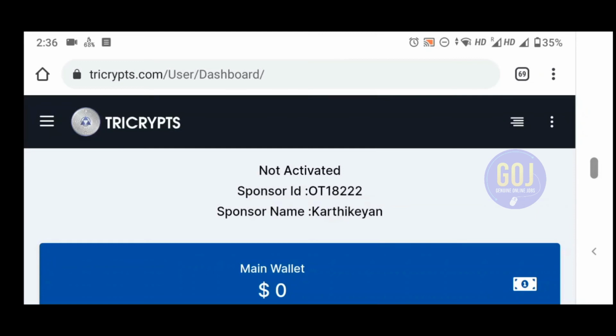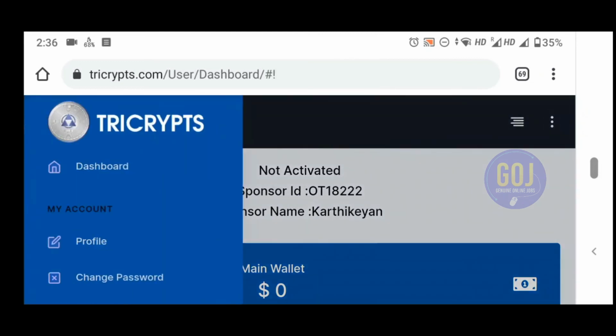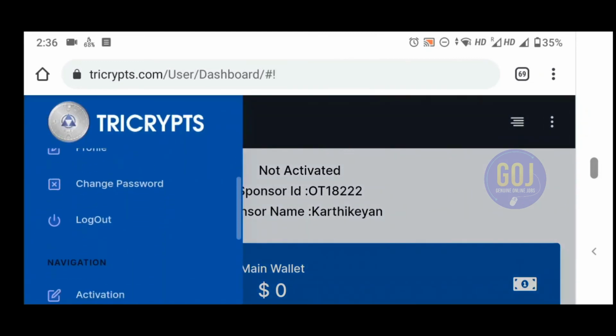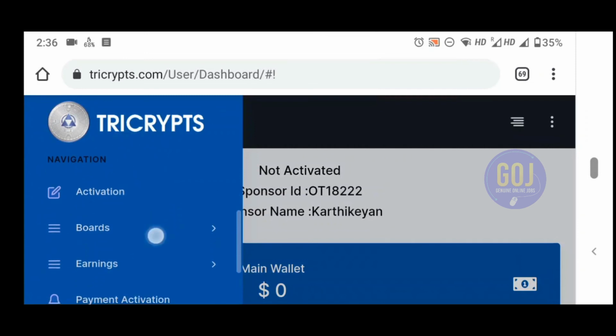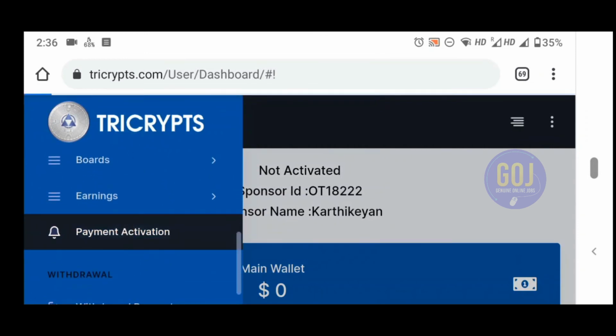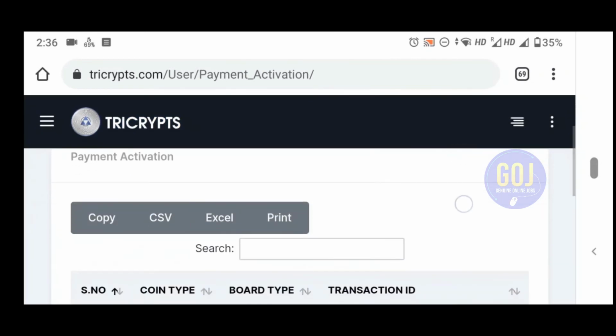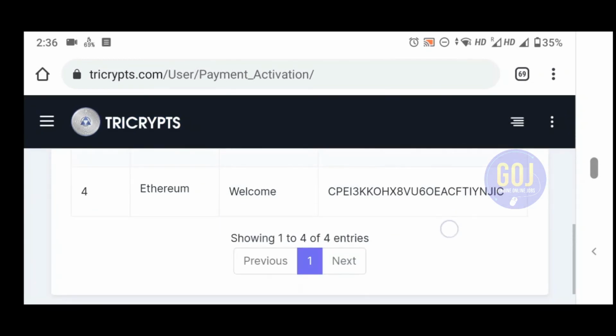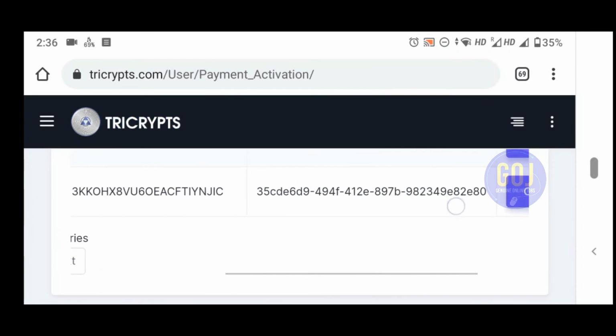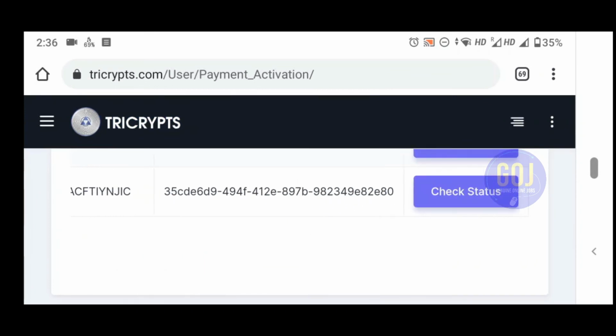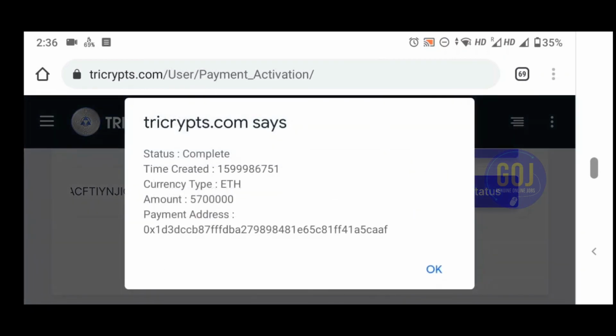Now we have to go for the final step, which is activating the payment. We have to go for payment activation, and it will show the activation link which was done last. Ethereum transaction details, everything will be there. You click on check status and you can see the status will be complete.